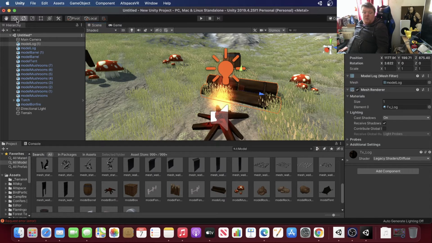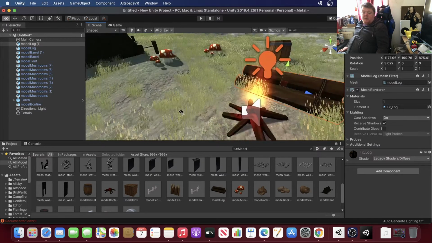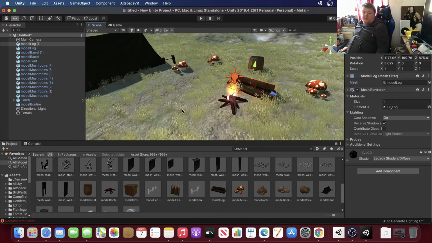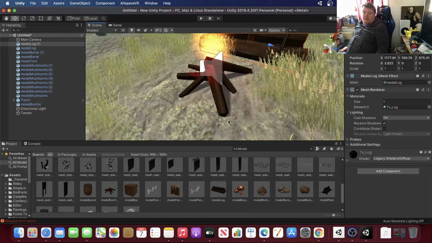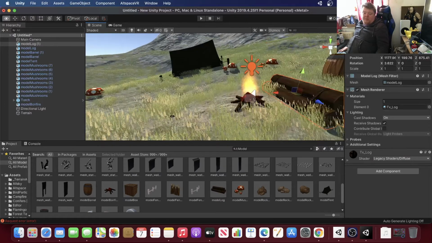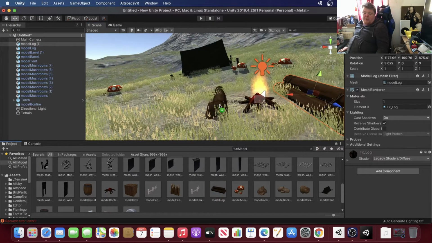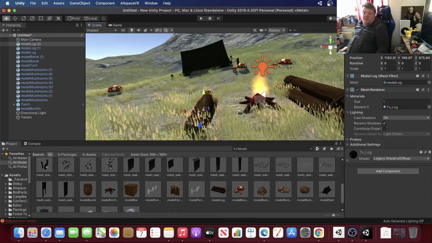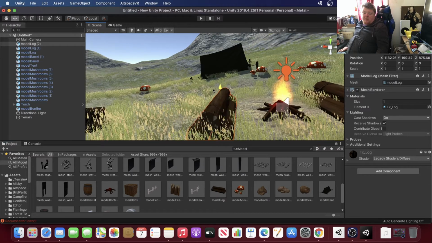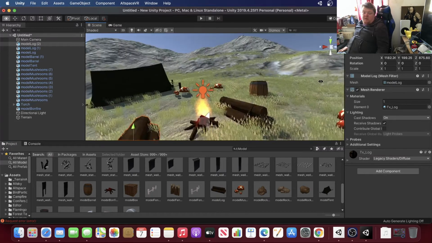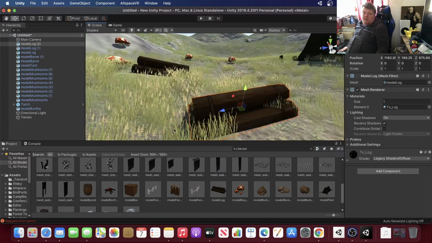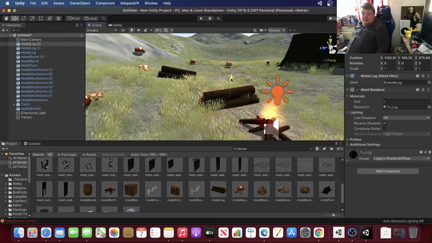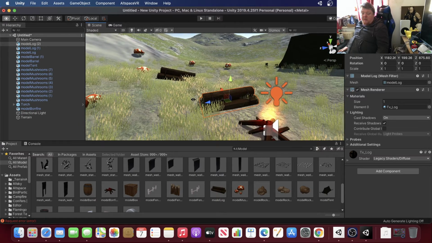I'm actually recording all this on my iMac as well, so sort of working on it at least anyway. So we've got a chair there, or one of those logs as a chair, and then we're going to have another right around there. Right, there we go, and